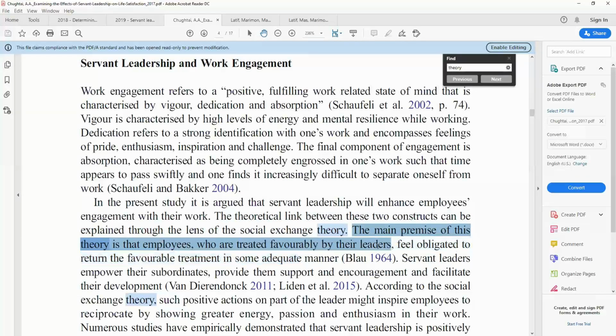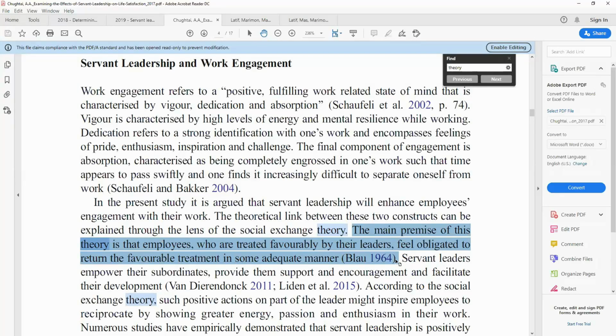So what they do is, once they have identified the theory, the first thing they do is explain what the theory means and who presented it. The main premise of this theory is that employees who are treated favorably by their leaders feel obligated to return the favorable treatment in some adequate manner. So social exchange theory means that if the organizational leadership does good for you, you return the favor. In this case, how servant leadership helps explain work engagement is that when the leader is servant oriented, if the leader is humble, if the leader is focused on the followers, they will return the favor by being more engaged